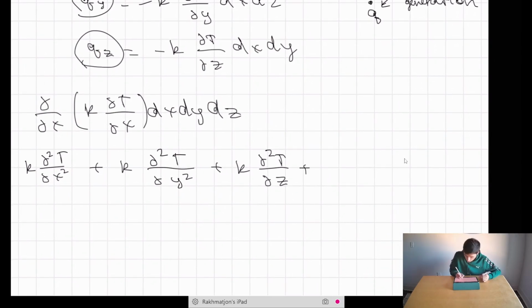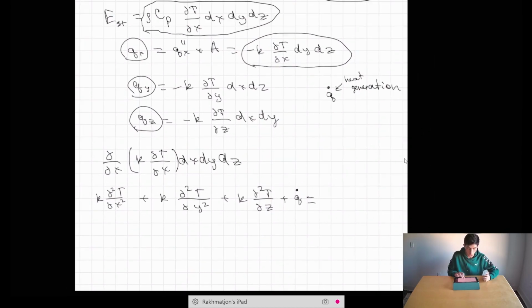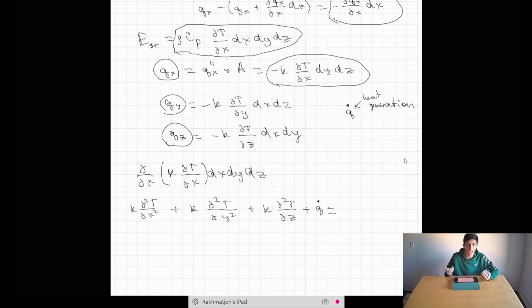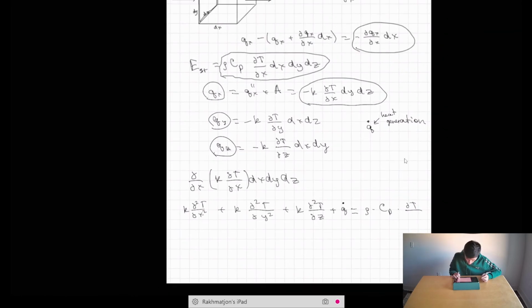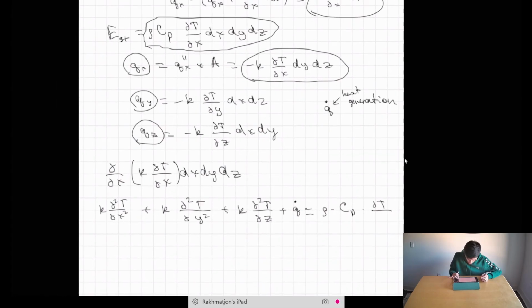And we said our heat generation is going to be q dot, right? And the whole thing should be equal to the energy stored inside, but divided by dx times dy times dz, which is the volume, right? So that's going to be the density times the coefficient times the small change in temperature over small change in